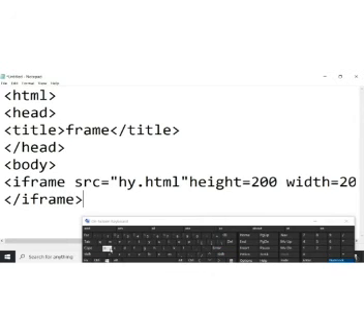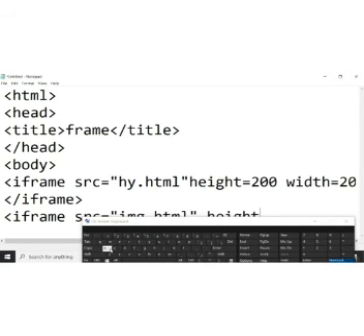Now I will open my second frame. I can write here src equal to img.html, then the height and the width of it.